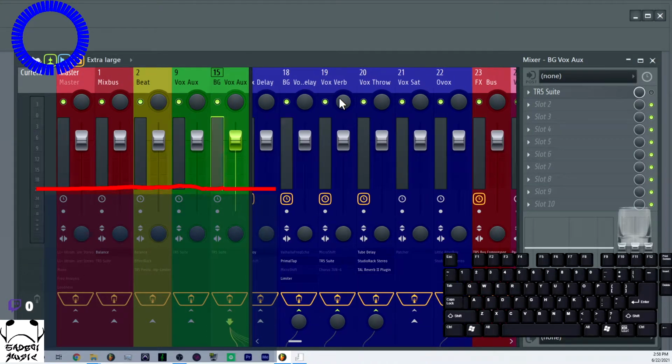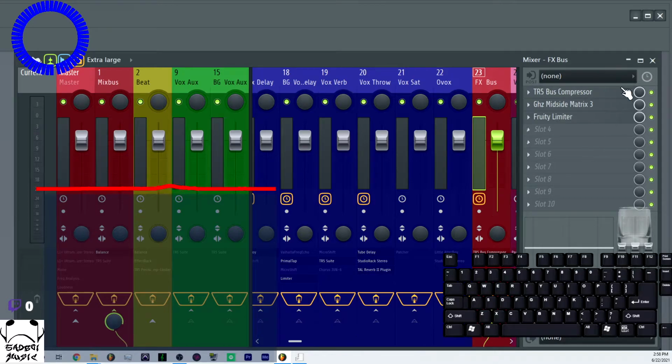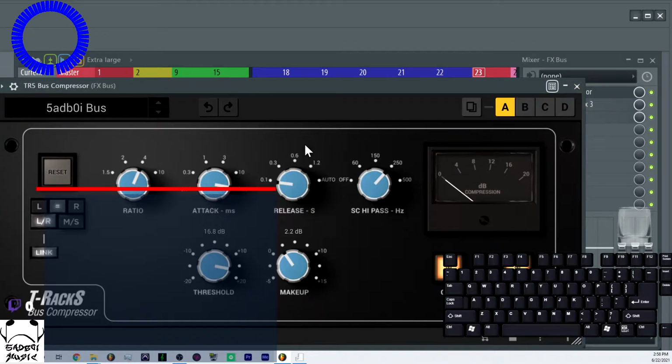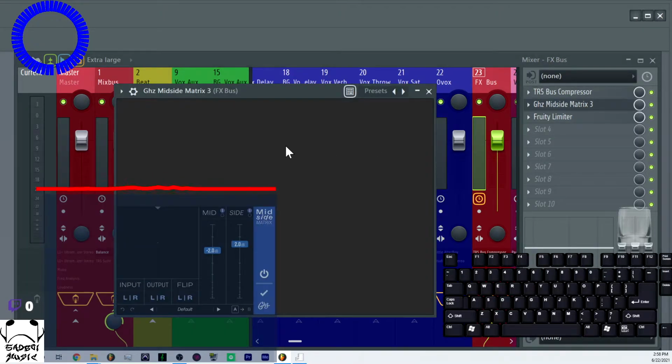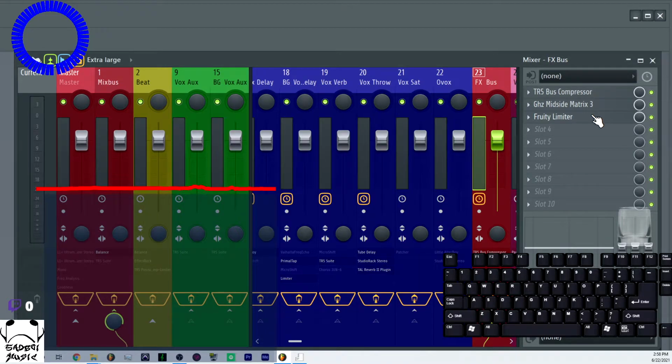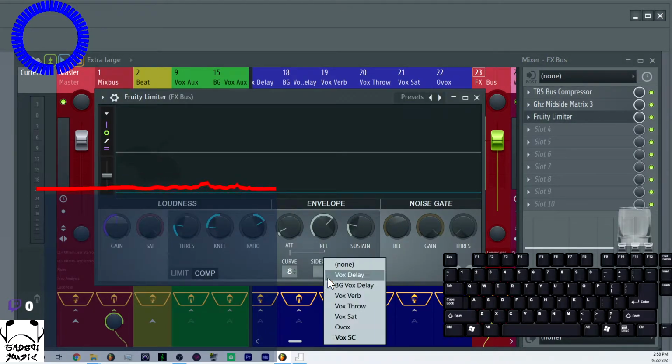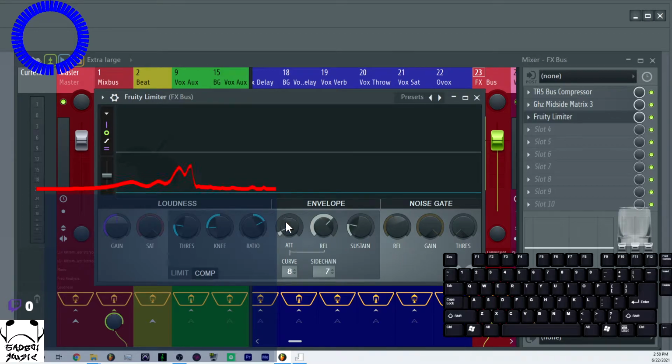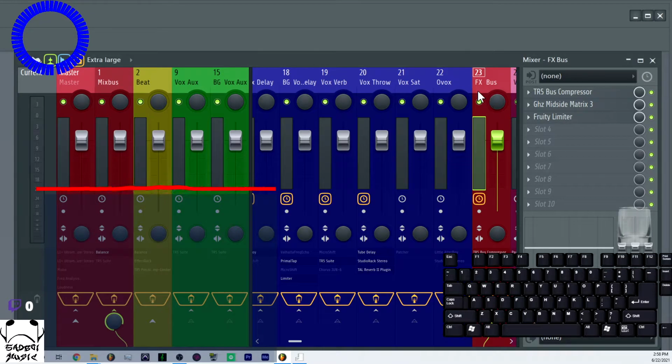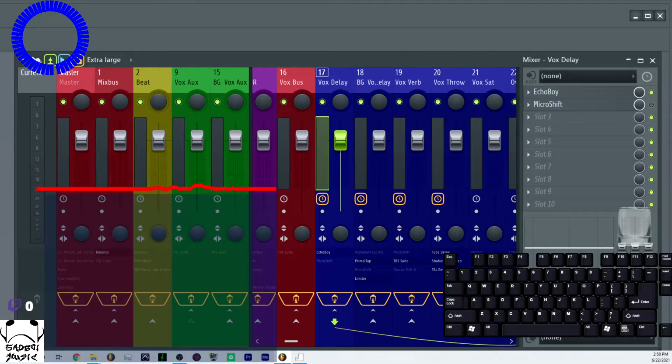And all of these effects here are being fed into the effects bus, which has a bus compressor and a mid-side matrix, which is a free stereo imaging plugin. It's like the Wave Center image. What you can do with it is just cut 2 dB in the mids and boost 2 dB in the sides, just to keep your effects on the edge. And then I have the vocal sidechain going into this and basically ducking the effects every time the lead vocals come in. So let's take a look at our